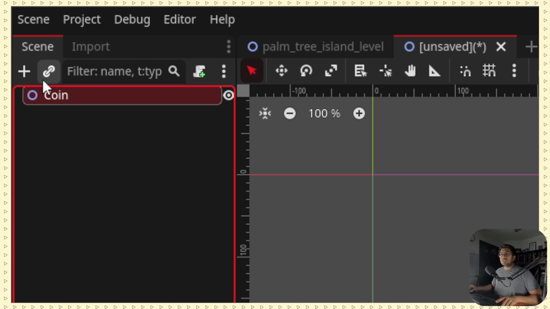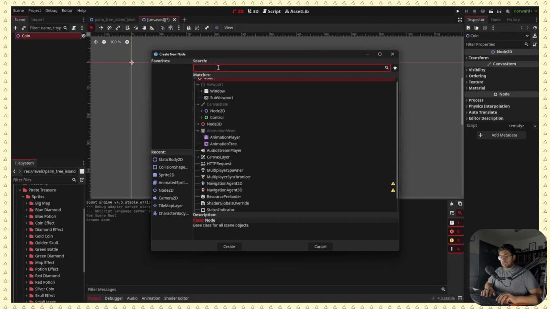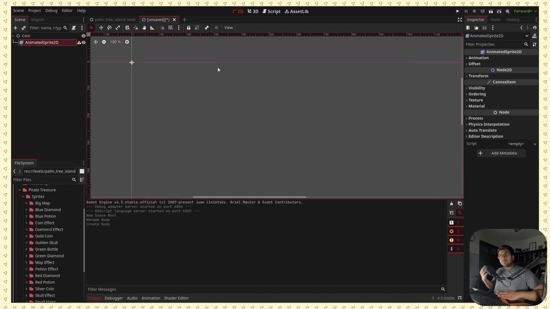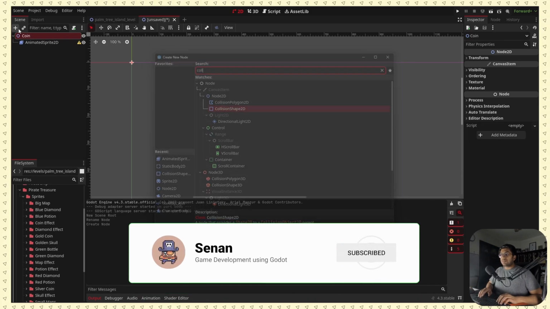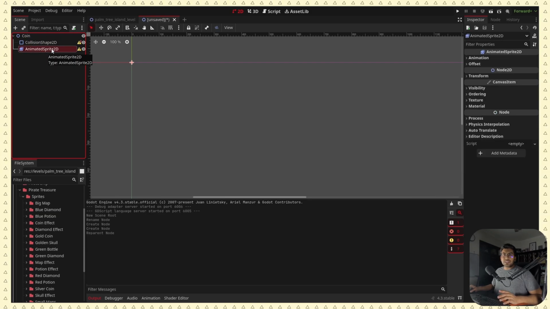I'll add a child node, which is the animated sprite 2D, because the coin has some animations, right? For that we need animated sprite, as well as a collision shape. So we have an animated sprite 2D and a collision shape 2D. I'll drag this below the collision shape, which is not exactly needed for now, but anyways. You see there is an error on the collision shape, and there is an error on this